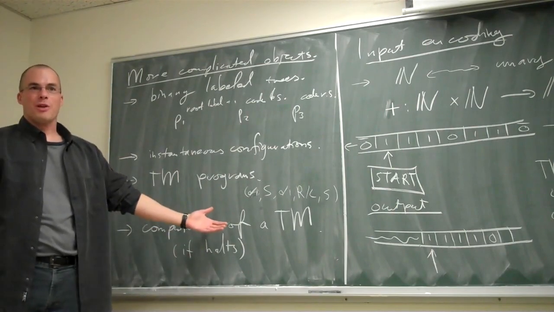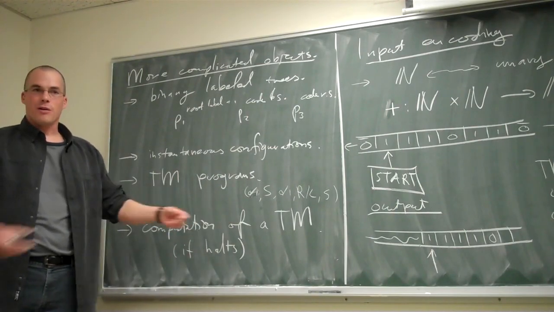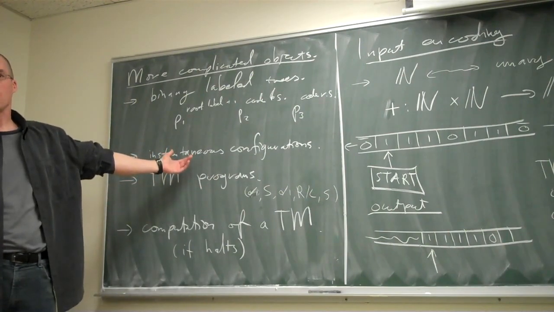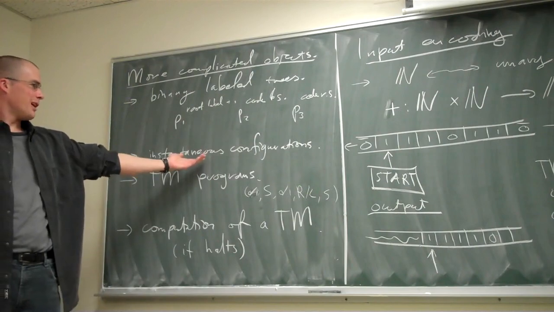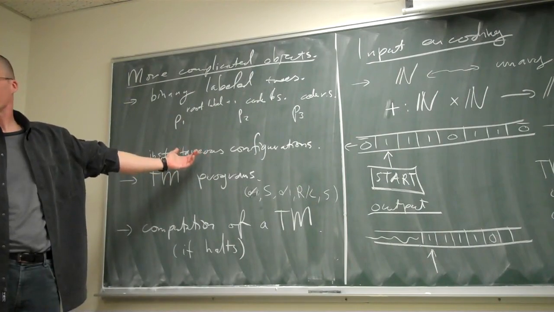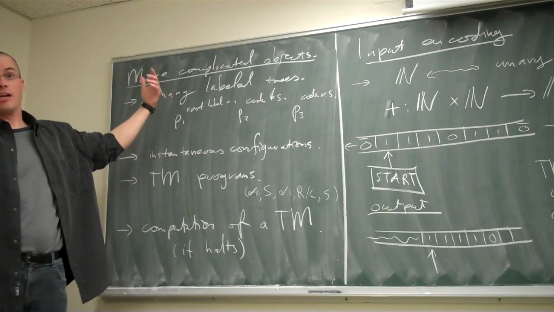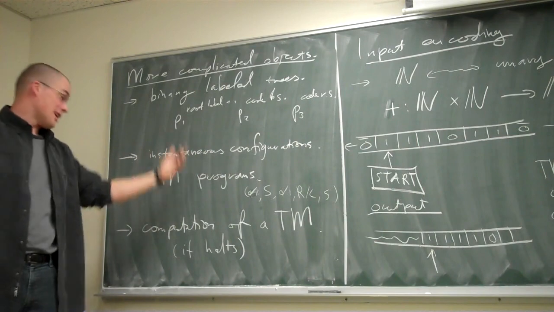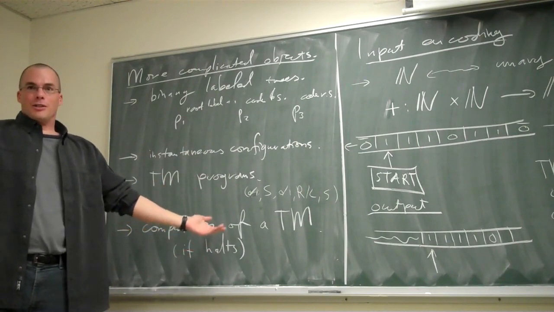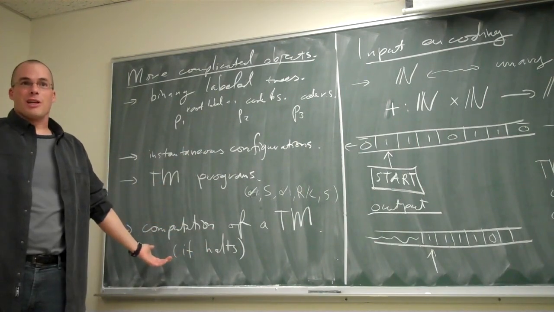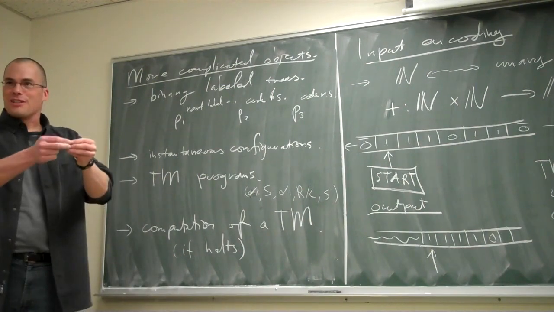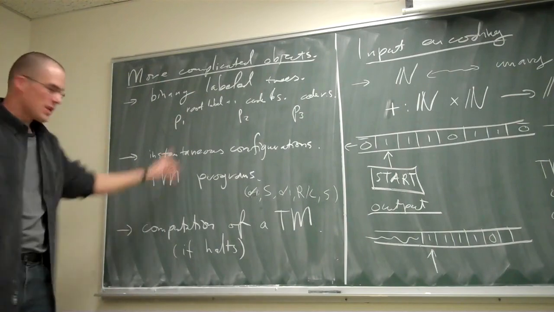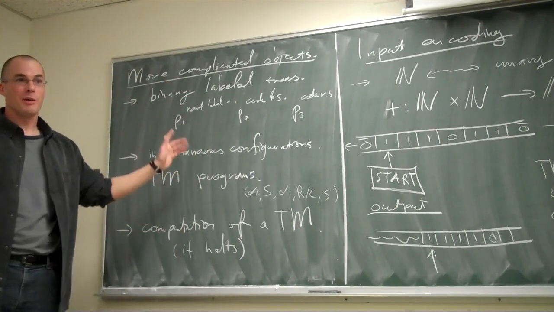But what then is really a computation of a Turing machine? Well, it is a finite sequence of instantaneous configurations. And we can encode instantaneous configurations as natural numbers. Therefore, we can encode finite sequences of instantaneous configurations as natural numbers. And therefore, these computations can be encoded, or partial computations where you just take, like, these 5 steps in a computation of a Turing machine. So these things are going to be important.